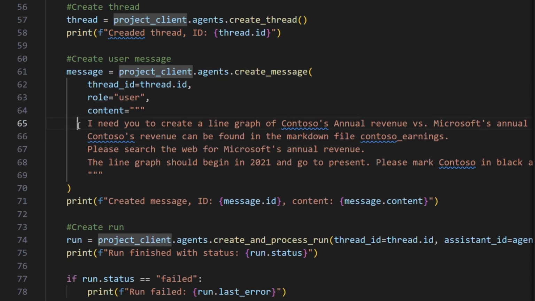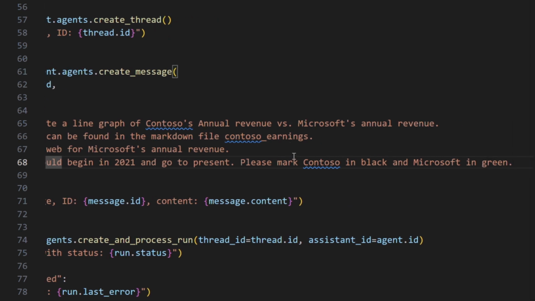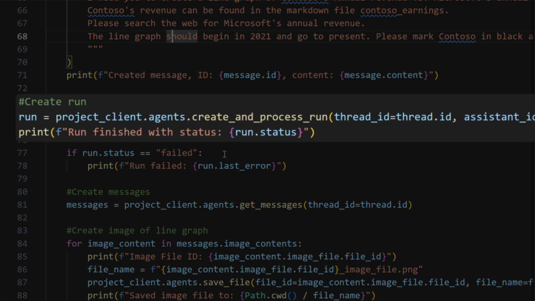So in this case, we want the agent to create a line graph of Contoso's revenue versus Microsoft's annual revenue. Contoso's revenue, we know, can be found in the markdown file, and then we're prompting it to please search the web for Microsoft's annual revenue. The line graph should begin in 2021 and go to present, and we want Contoso in black and Microsoft in green. Then we'll create a run,